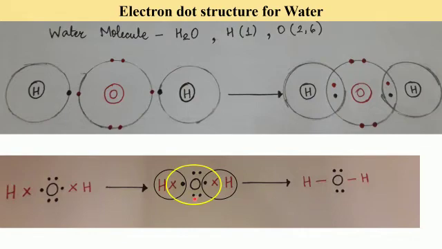I hope you counted the number of electrons with hydrogen. Now this is the duplet for hydrogen with 2 electrons. On this side also we have a duplet, that is with 2 electrons. Hydrogen has established duplet, and oxygen has got a total of 8 electrons: 1, 2, 3, 4, 5, 6, 7 and 8. So it has established octet by having 8 electrons in the valence shell. So this is the electron dot structure for water.